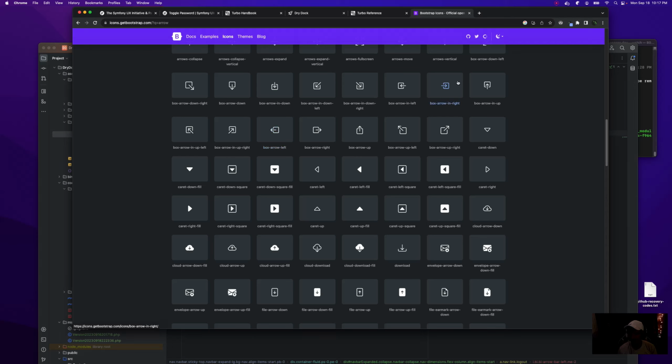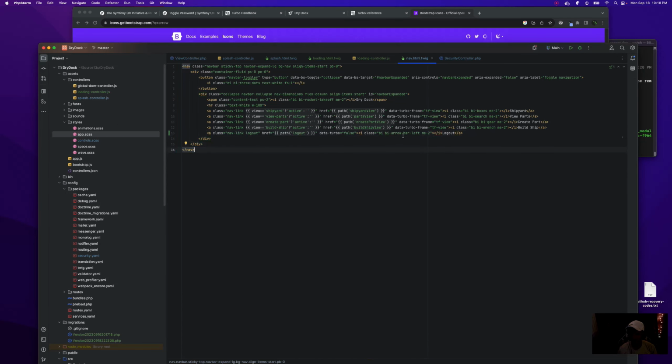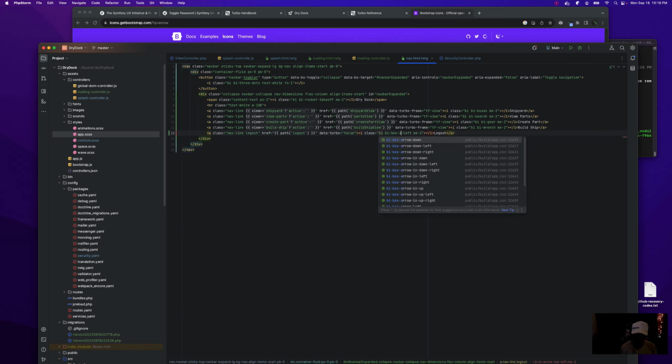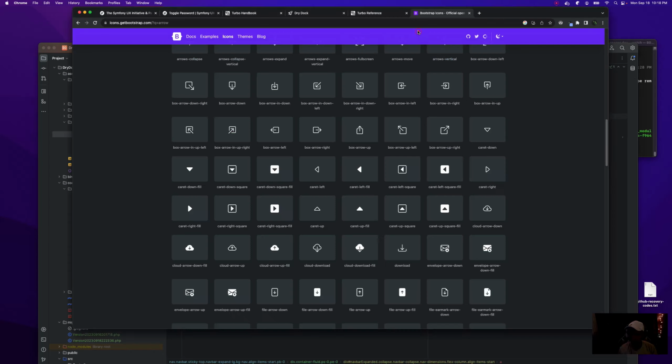And the login one's kind of like that. I kind of want to add that now. Box, arrow, left for this. Box, arrow, left, and then, what was that? Box, arrow, in, right for the loading button.